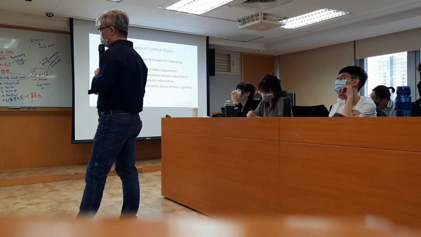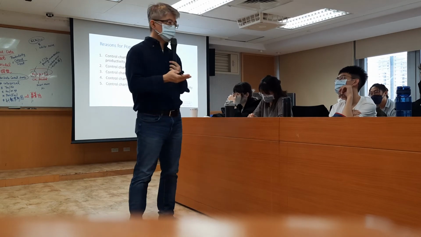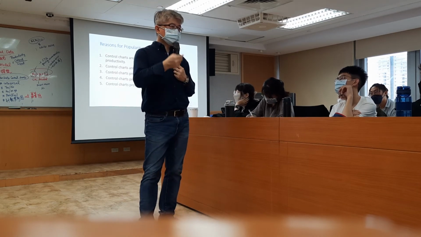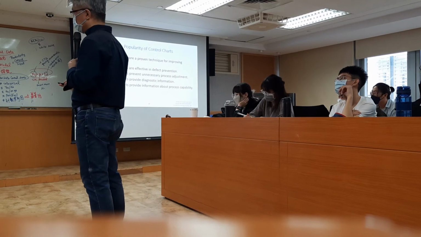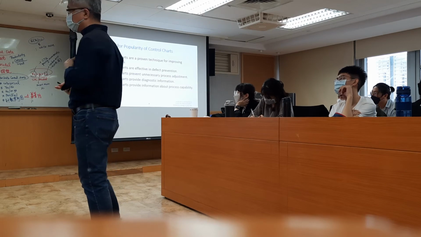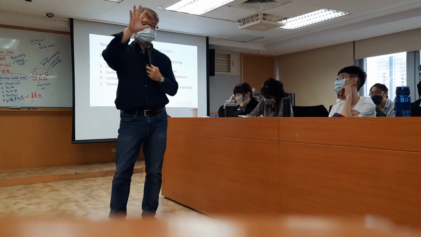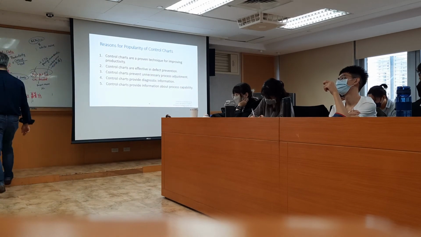And the control chart provides diagnostic information, like when we use Ishikawa to identify the possible assignable causes. And the control chart provides information about the process capability. Eventually, once the process is identified as in control, we can provide a process capability